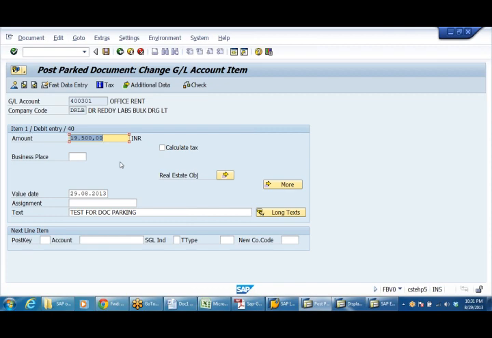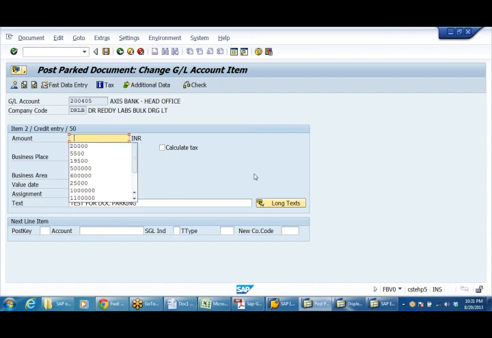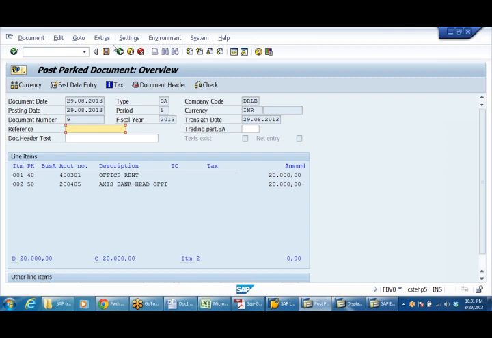So the accounts officer takes that bill and says, for example, instead of 20,000, the accountant has entered by mistake 19,500. So I'll make it 20,000, and I can save it.